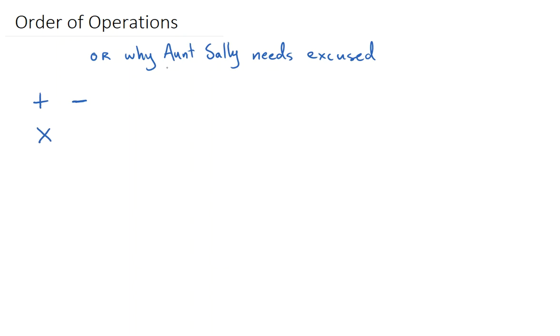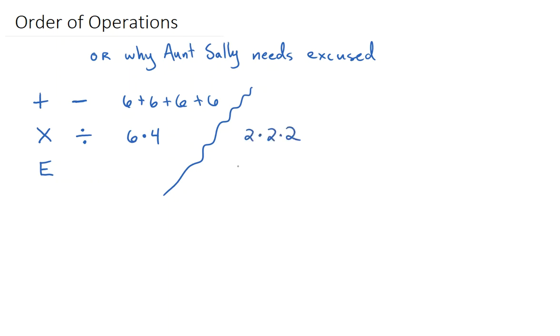So what I mean by that is if I add 6 plus 6 plus 6, plus 6, then I can express that as 6 times 4, or 6, 4 times. So multiplication is repeated addition, and then division is the opposite of multiplication. And then we can repeat multiplication, and that gives us exponents. So for example, if I take and do 2 times 2 times 2 and repeat multiplication, I can express that as an exponent as 2 to